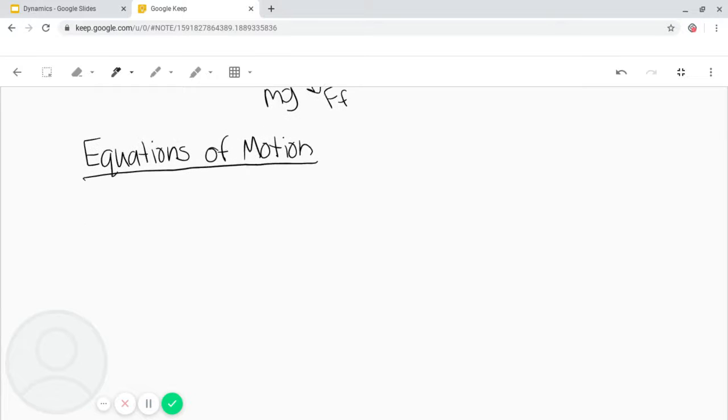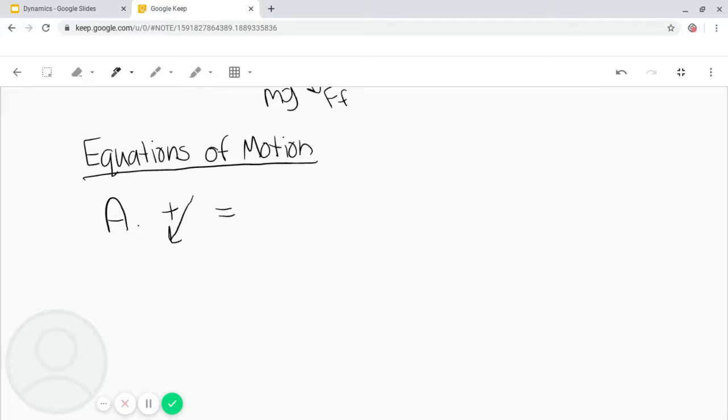Okay, so for this, I'm going to choose a tilted coordinate system for both A and B. So for A, I'm going to have one component be along the surface, and I'm going to say that's positive. So it's kind of like splitting it up into X and Y components, except we'll have one component which is on the surface and one component which is perpendicular to the surface. So this component will be,